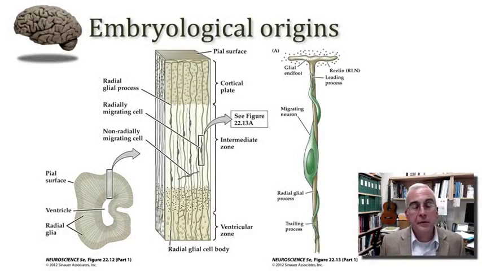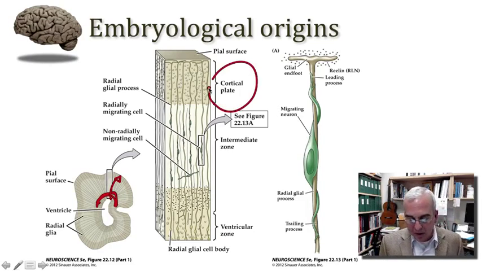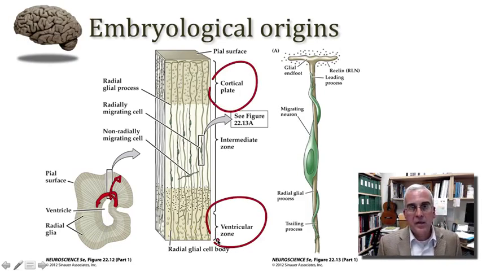Well, after many cycles of mitotic activity, the neuroblasts that result will migrate over some vast territory within the central nervous system. And for the building up of a cerebral cortex, that is an outer bark, there must be a migration of cells from this inner region, close to the ventricle, to this outer bark, where a cortex is going to be built. And we call that developing cortex the cortical plate. So here, very close to the ventricle, is the site where the cells divide and the neuroblasts first exit the